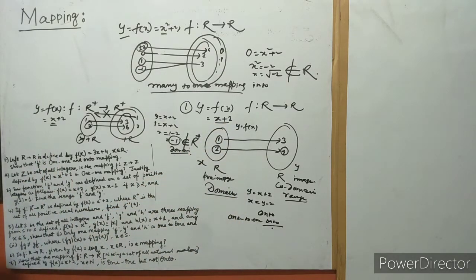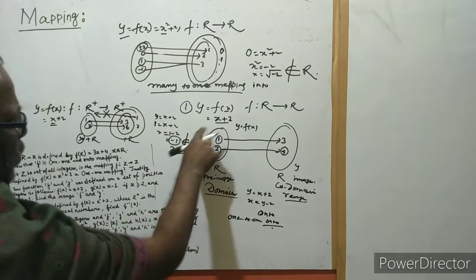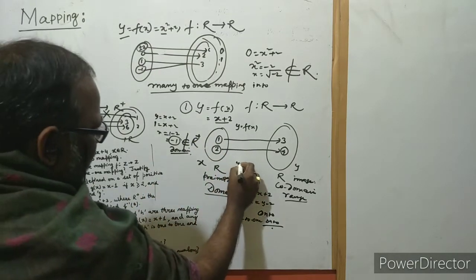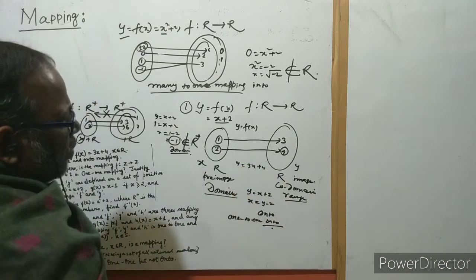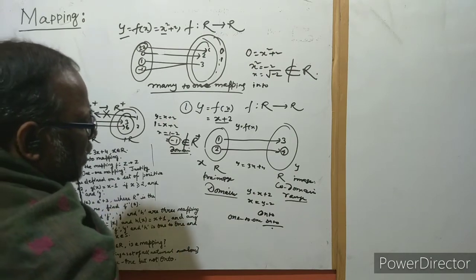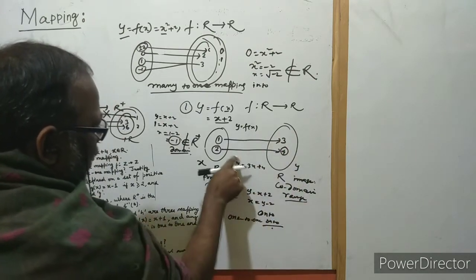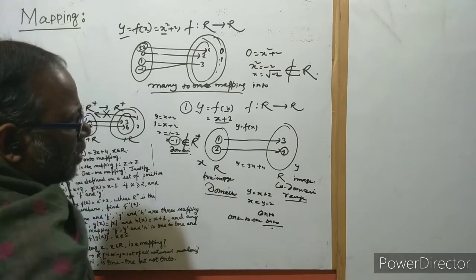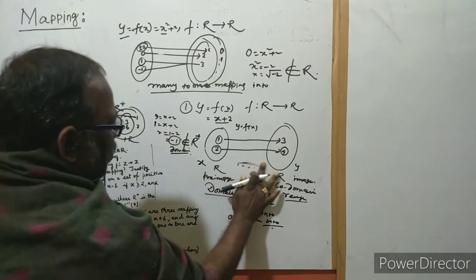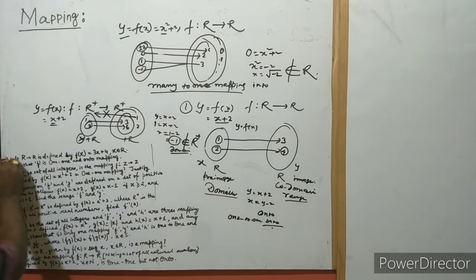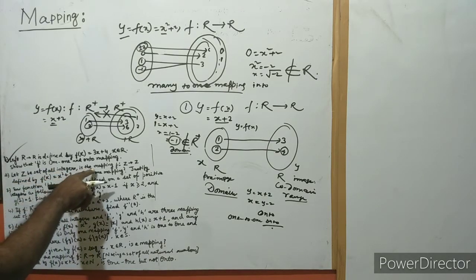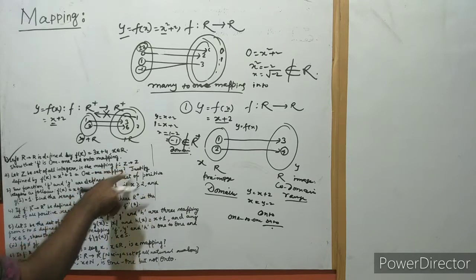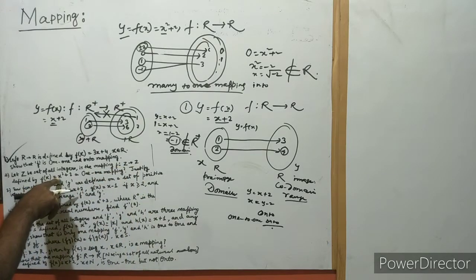And as you see, for single values of x, if we put it in the function f of x equal to 3x plus 4, in place of x, we get a single value of y, and for each real number y, we get a real number. So that's why it's called onto mapping. So this is one-to-one onto. Okay. So 1 is done. And number 2, let Z be the set of all integers, the mapping from Z to Z. So this is an integer, defined by f of x equal to x square plus 2.